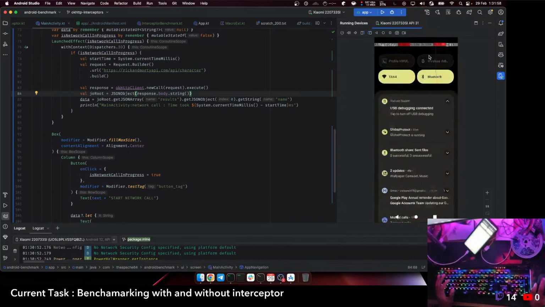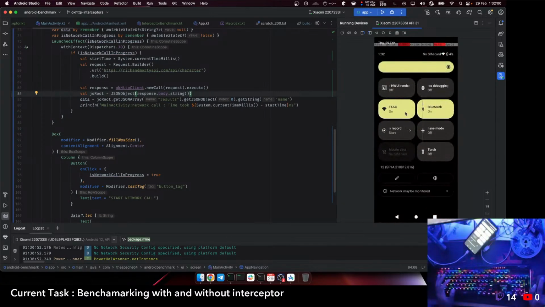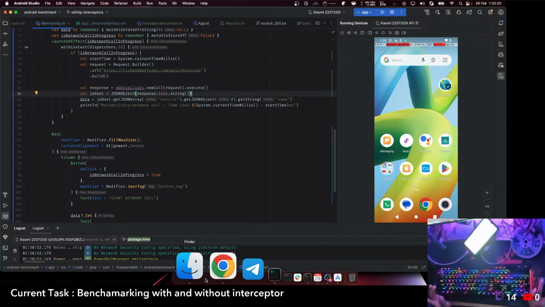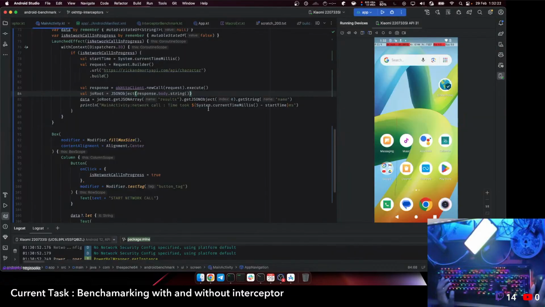Rather, let's use Charles. No, Charles won't be doing anything good here. We need an API that can accept n number of headers. I am going to try